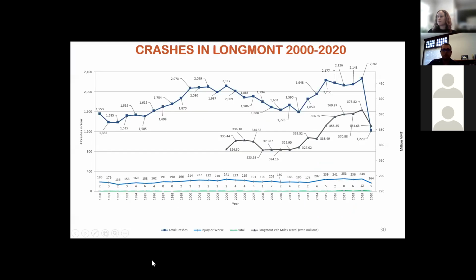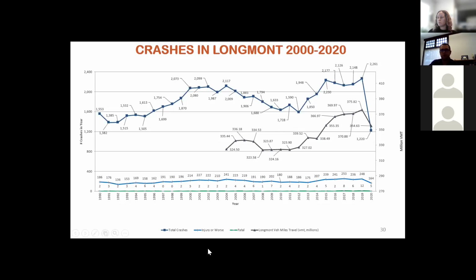All right, so here's crash data we have all the way back to 1990, just our annual crashes that happen in Longmont. Really no surprise in that 2020 was a substantial reduction in crashes, but take it with a grain of salt. One of the changes we saw for 2020 was that if there was no injury or no alcohol or drugs involved, a lot of the reports, Longmont was on accident alert. So a lot of those crash reports went to the state and not to our local police department. So I don't have a lot of that data. So again, it is misleading.